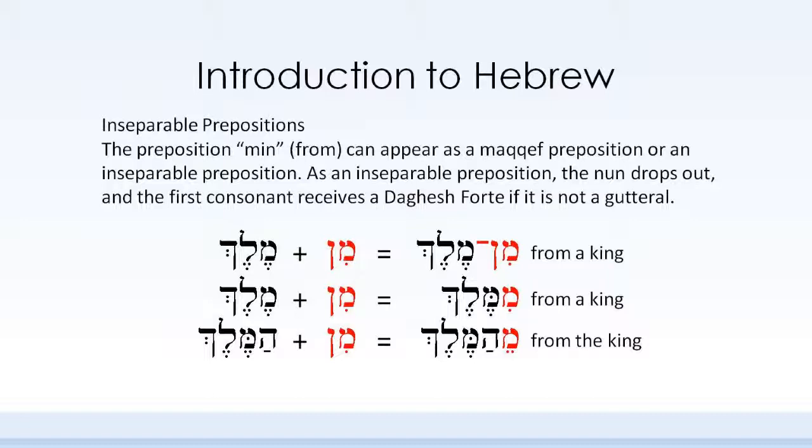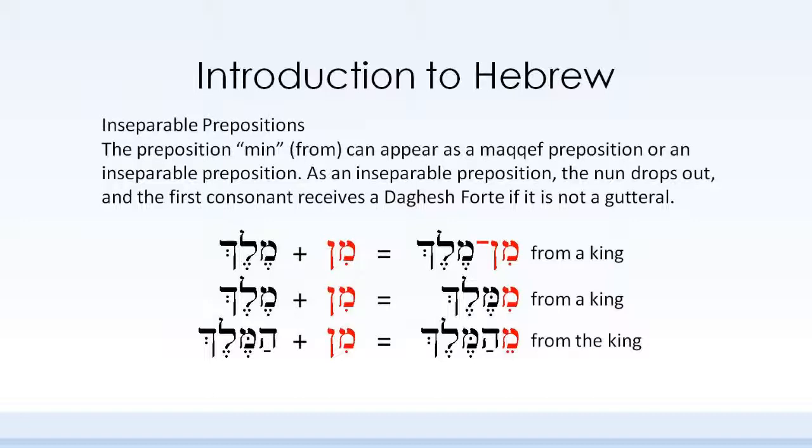In the first example, we see melech, a king, combined with min to form min melech, a makef preposition, which means from a king. In the second example, melech is joined with min as an inseparable preposition to form mimelech, from a king. Here, the nun has dropped out, and the mem in melech has added a dagesh forte, a doubling dagesh. Notice that the inseparable preposition and the separable preposition are translated exactly the same, from a king, but